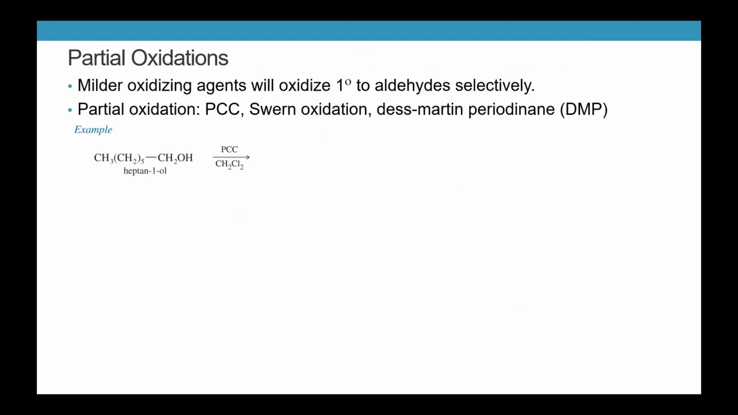Okay, let's look at stopping our oxidations. So there are milder oxidizing agents that will allow us to isolate the aldehydes from primary alcohol. So here's a primary alcohol. Here's the carbon bearing the OH. There's only 1 carbon bonded to it. It's one of these CH2 groups. So that's primary. PCC, pyridinium chlorochromate,